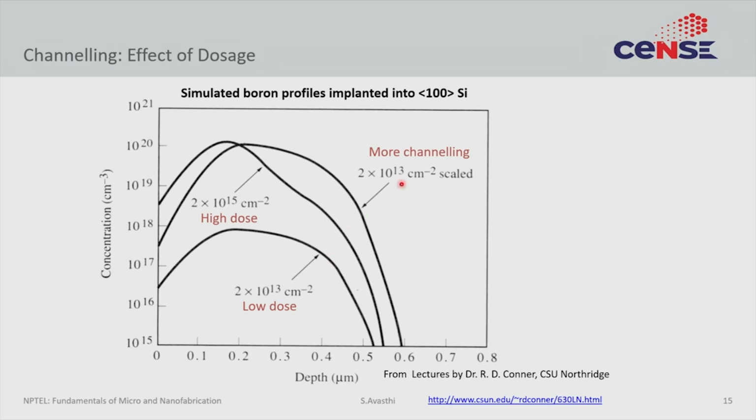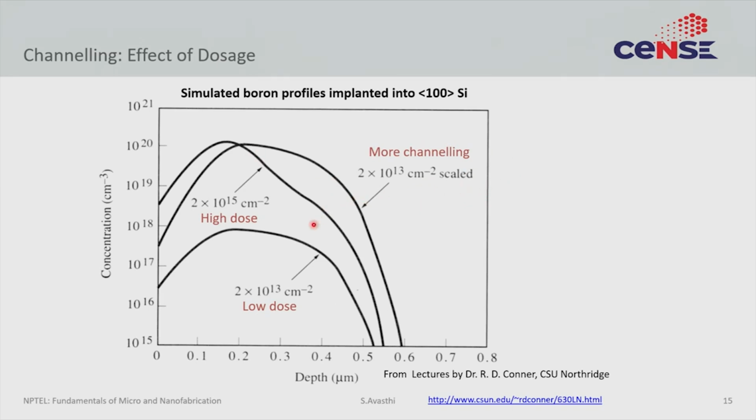So, I will just scale it up. I will just magnify this by a certain factor, and that is this scaled version of the low dose profile. I have done this so that you can better compare these two curves without the confounding effect of change in concentration. When you look, you notice that these two curves do have a slightly different shape, and if I were to ask you which shows higher channeling, the answer clearly is that the scaled version has more channeling than the